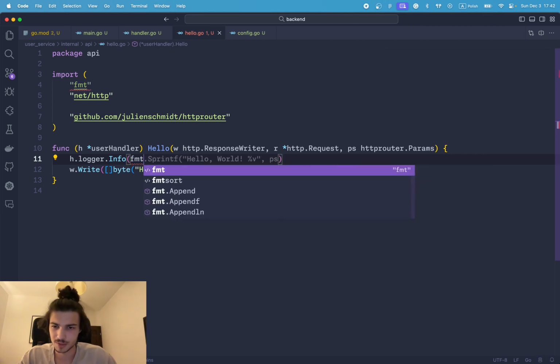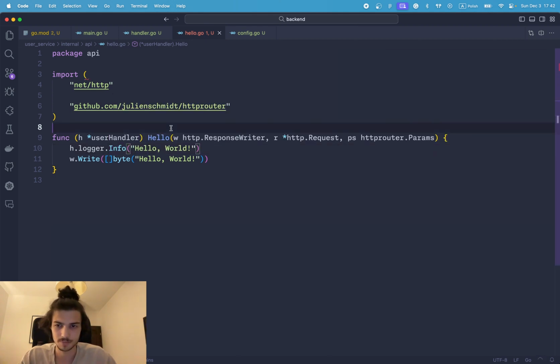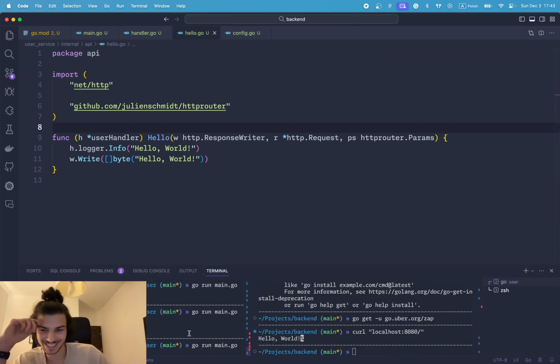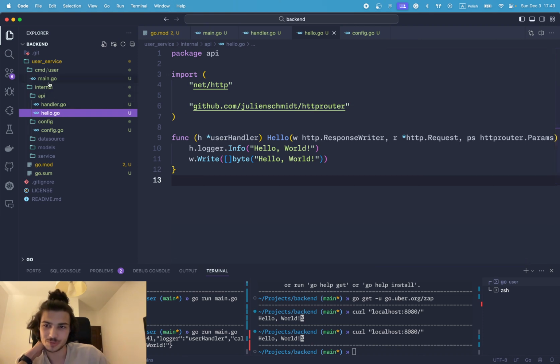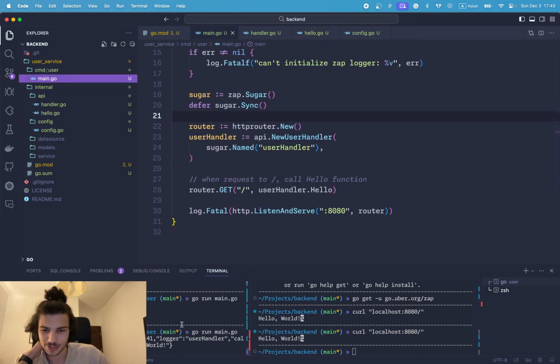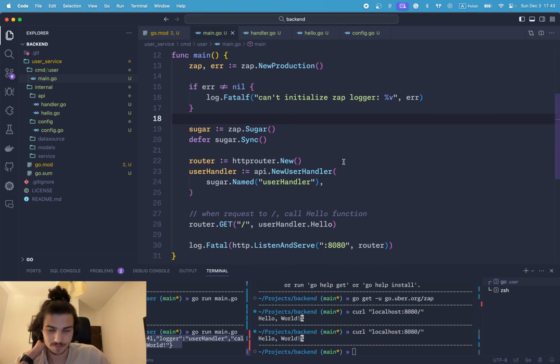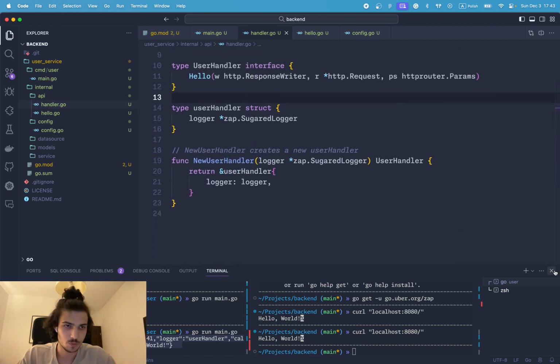You just want to print some stuff like hello world. Yeah. Let's run this. Okay, it's up. You see? This logger works. We just passed it from the main function to handler, and now it prints some data. That's great. Let's create the same structures for our